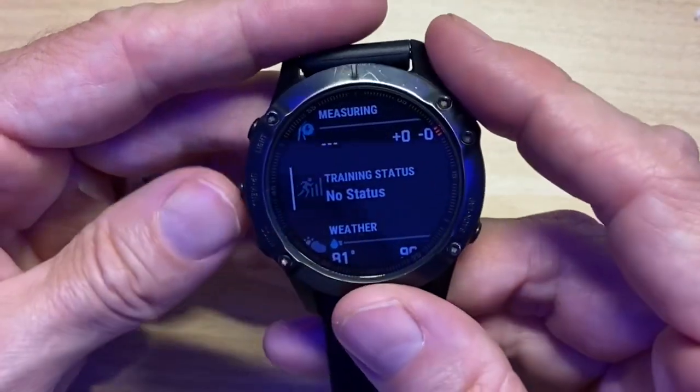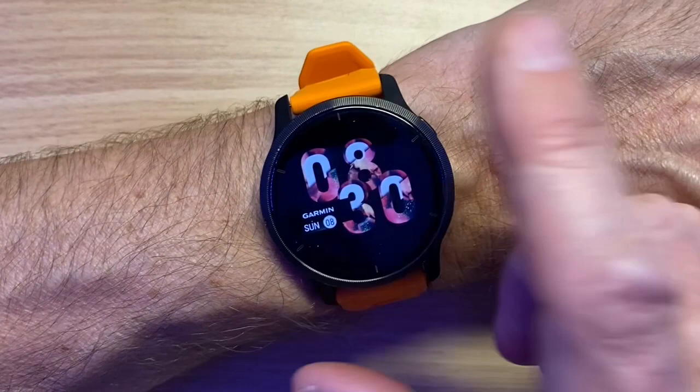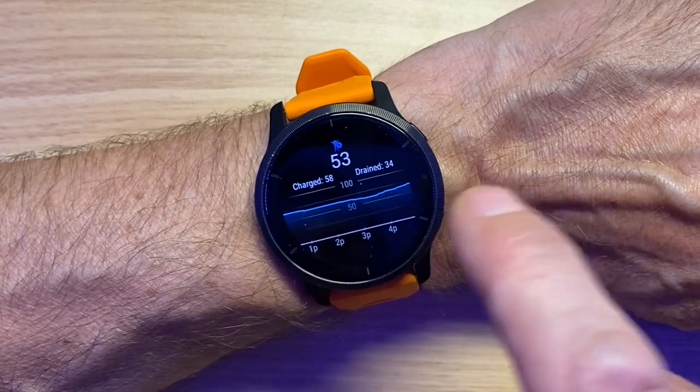The other thing for the wellness tracking, so they have body battery, which you can't see on there. I have been using the Venue 2, so we'll just look at that on the Venue 2 because I like the big pretty screen, and I use my Phoenix 6 for tracking. So you can see